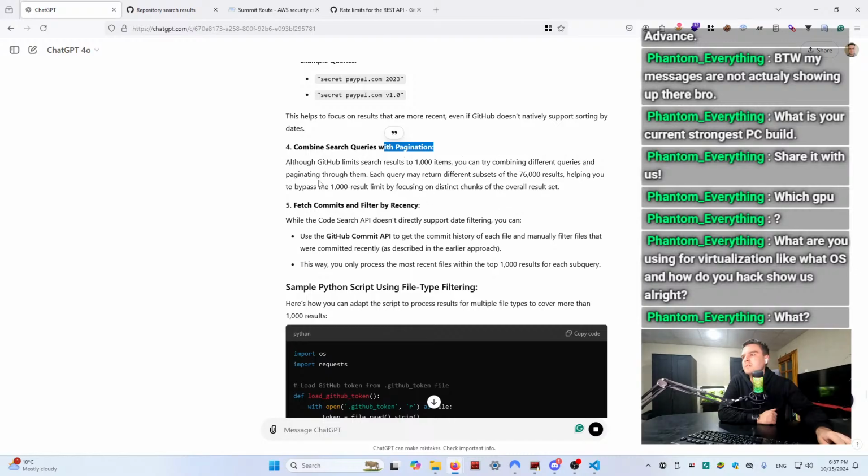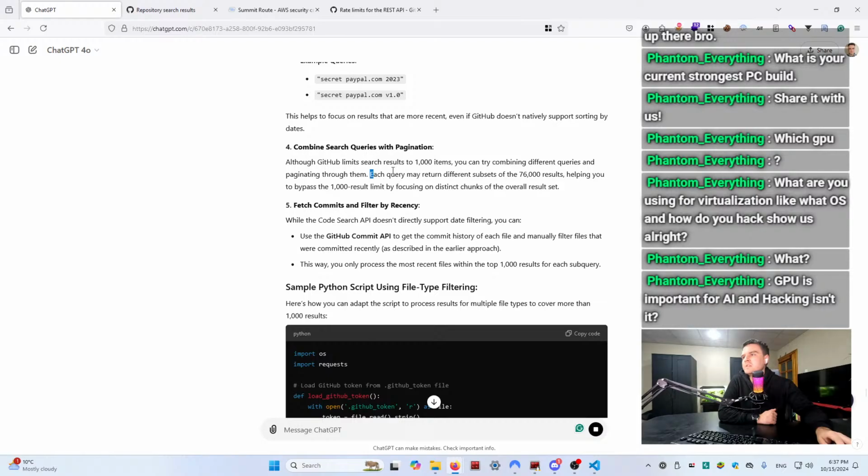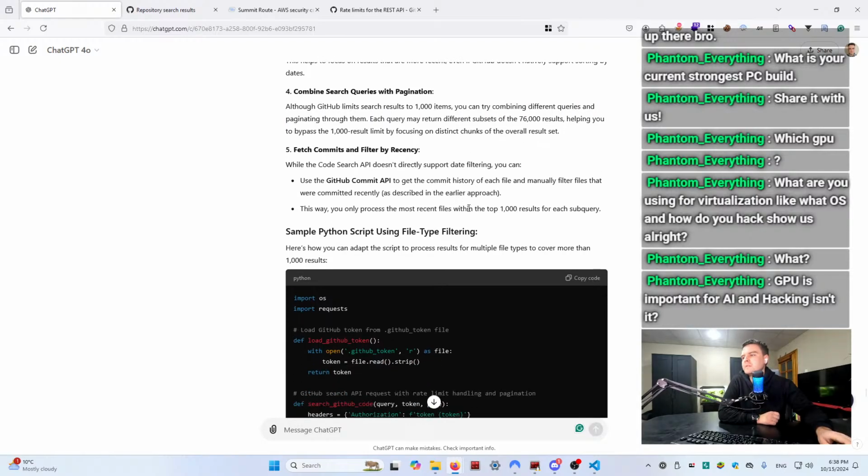Can try and paginate in each query, returning subsets, helping you bypass the limit. How could this be achieved? They're not actually giving